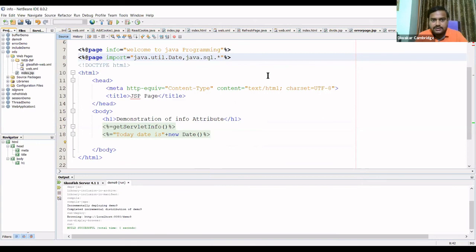In this way, you can import multiple packages by separating them with a comma. This is how to use this import attribute.